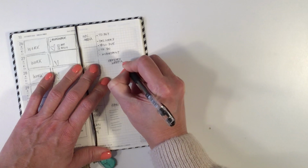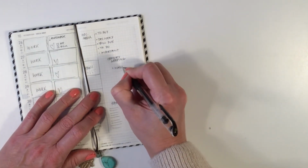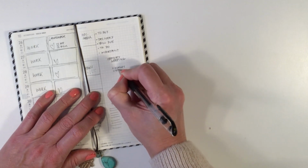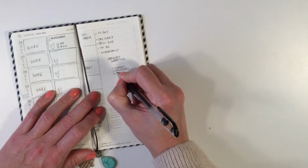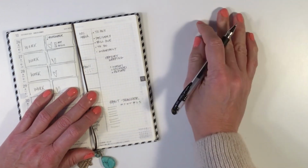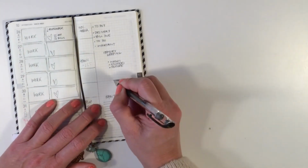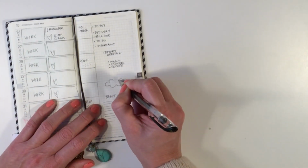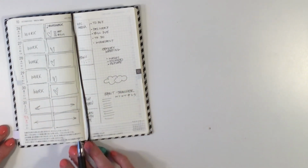What else? I use washis, I use stickers, and I could even use a picture. And yes, I always do this one. This I did once, and then I just continue, and that's where I log